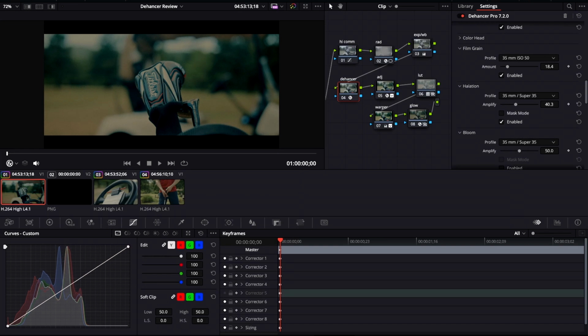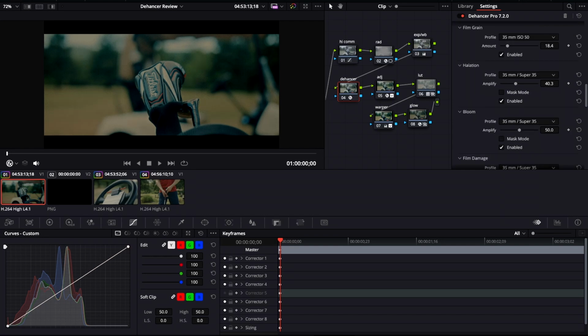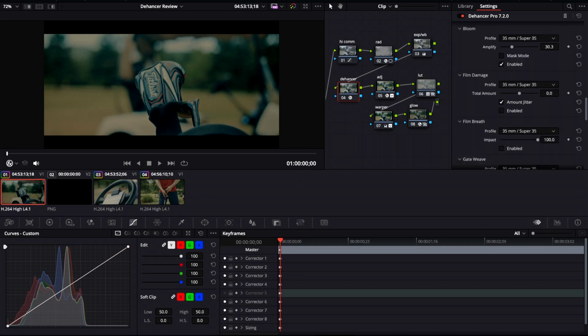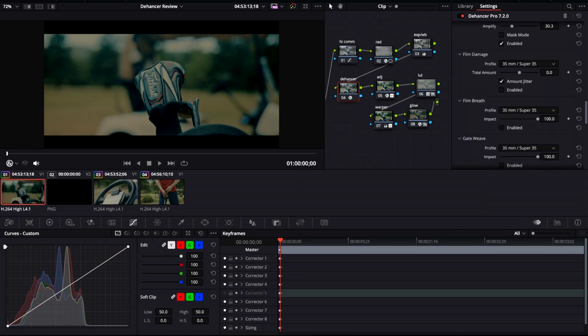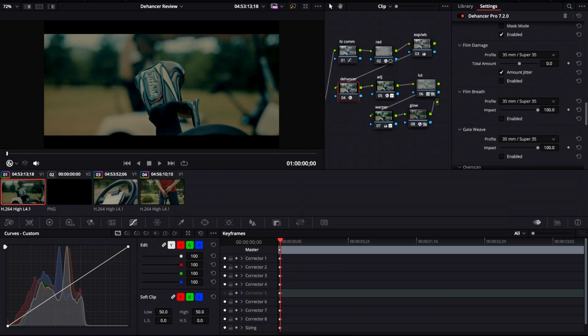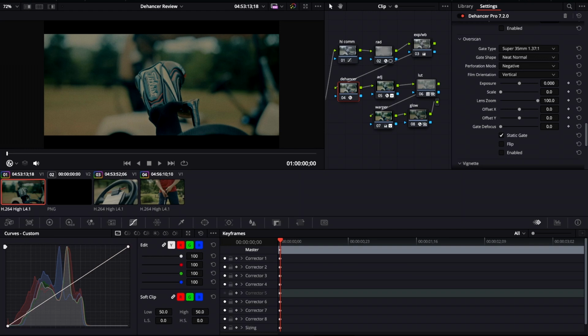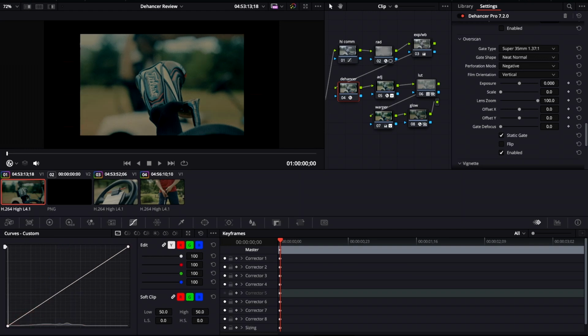This can be overutilized a lot, and I think halation and bloom together can sort of outweigh the image itself, and that's not what I'm looking for, so I like to leave these subtle but not too noticeable. Damage, breath, and gate weave, I'm not going for a super stylized old film look, so I'm going to leave these blank. Another thing I like about version 7 is the overscan look, and I think it's a really